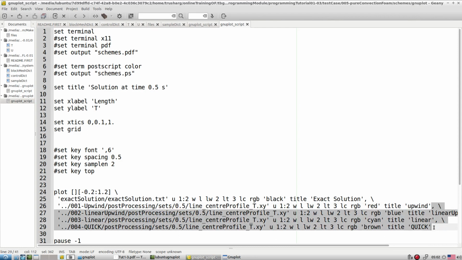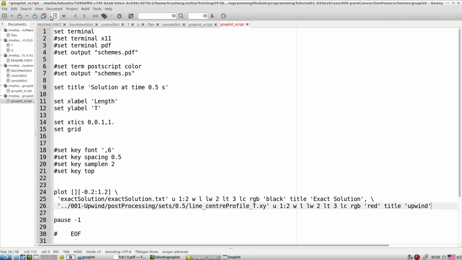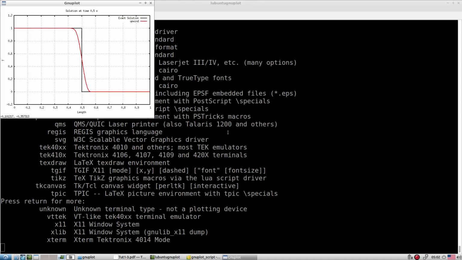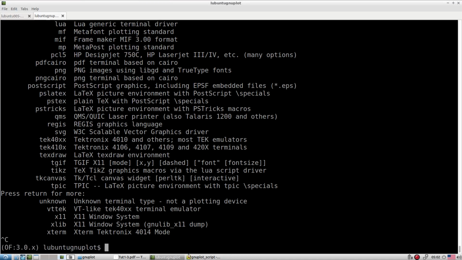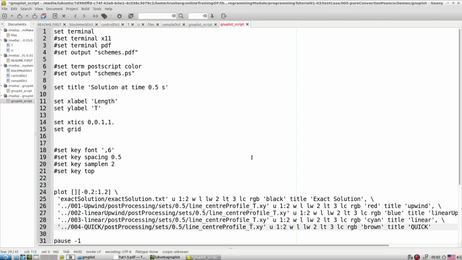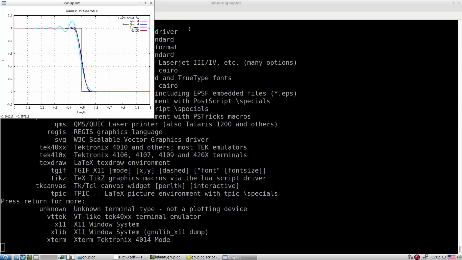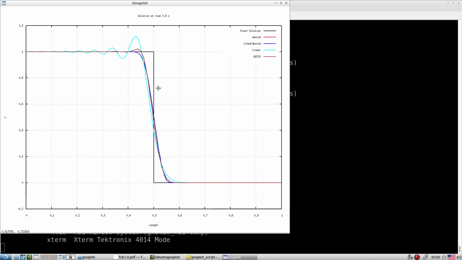So let me for the moment delete this. Okay, later on we come back again. So let's see why it is not working. Yeah, it is there, it's only overlapping with another one, that's all. Okay, so undo, let's say maybe it's overlap between two schemes, that is what happened, nothing else. Yeah, so it is exactly overlap between two. Blue is linear upwinding and upwinding is almost overlapped. Okay, so that is what happened over that.